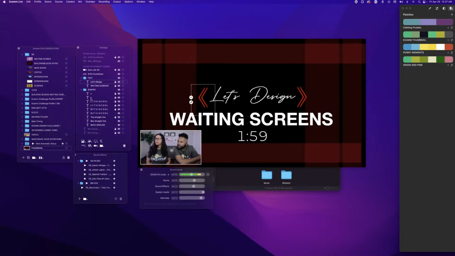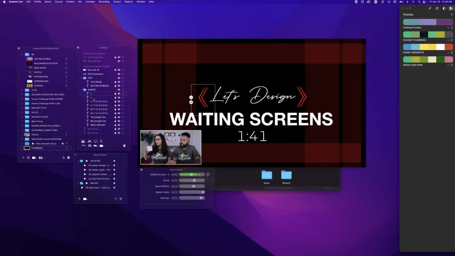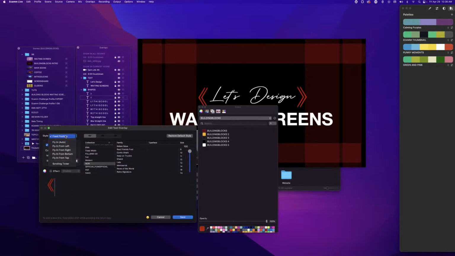And we're going to go to our brackets again from last week's tutorial, creating your folders and making sure everything is well organized. This way it's easy for you to find everything, right? And we're going to go to the brackets. So this is the bracket on the right. We're gonna have it fly in from the right. And then the bracket on the left, we're going to have it fly in from the left,